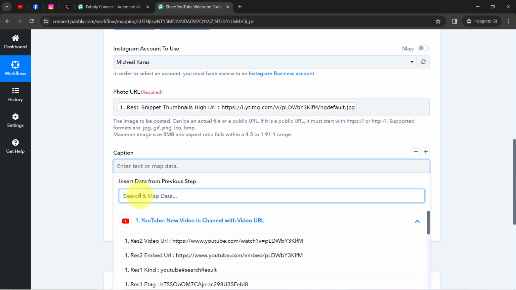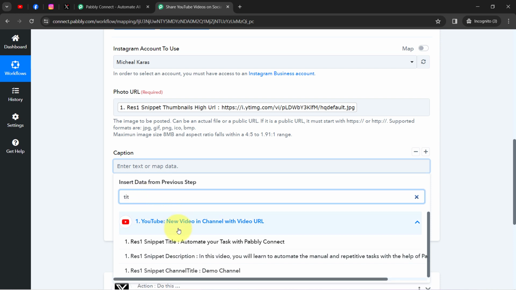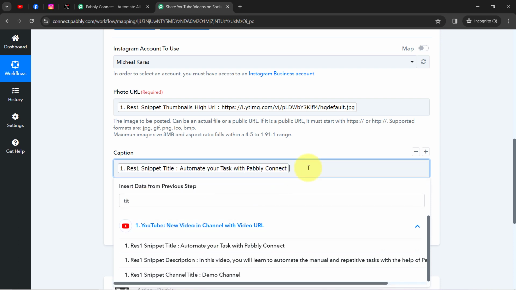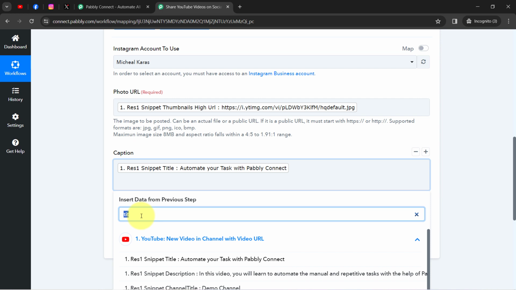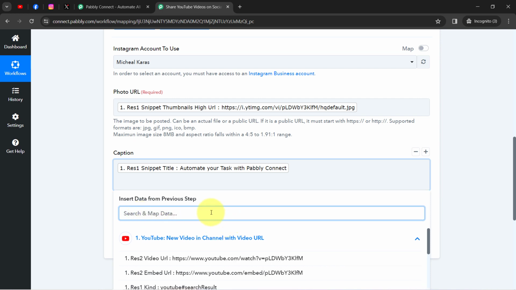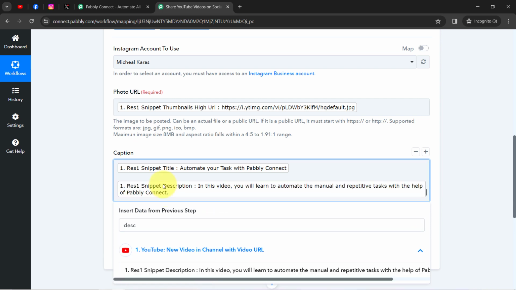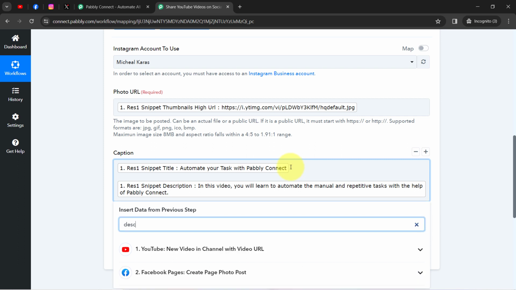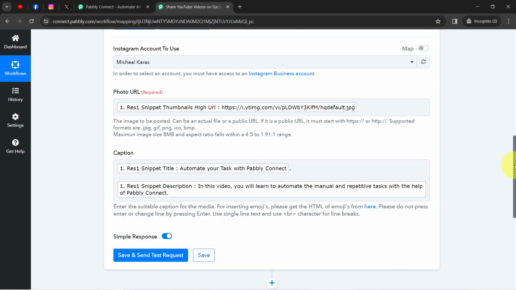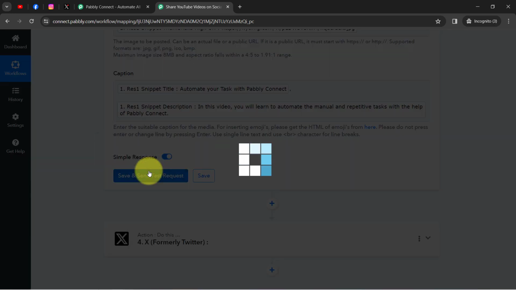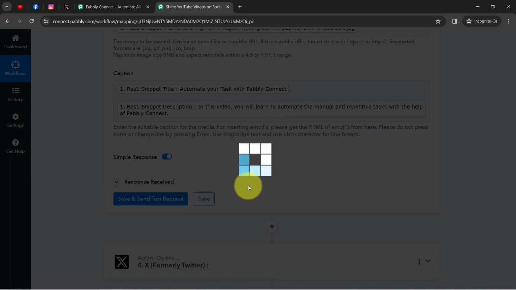Asking for the caption. So how about I add the title only, and if along with the title you also want to provide the description, you can do the same. I have pressed enter and searching for the same, that is description. Okay, how about I add a full stop here after this title? Give me a second. Alright, so I have added the full stop, and again the details are provided here. Clicking on this button, save and send test request, waiting for the response. And again, if that response is positive, that means this Instagram step is also working